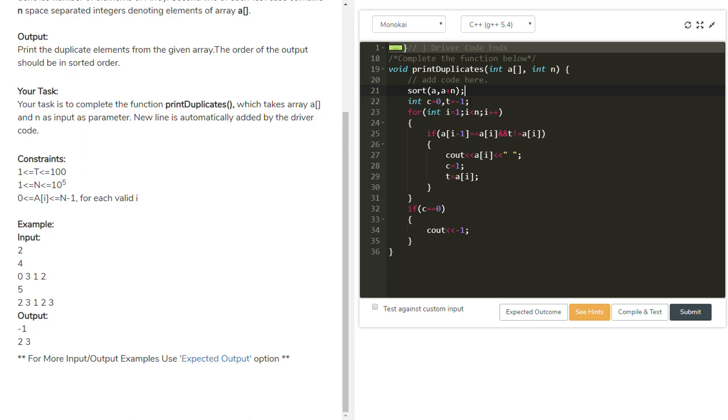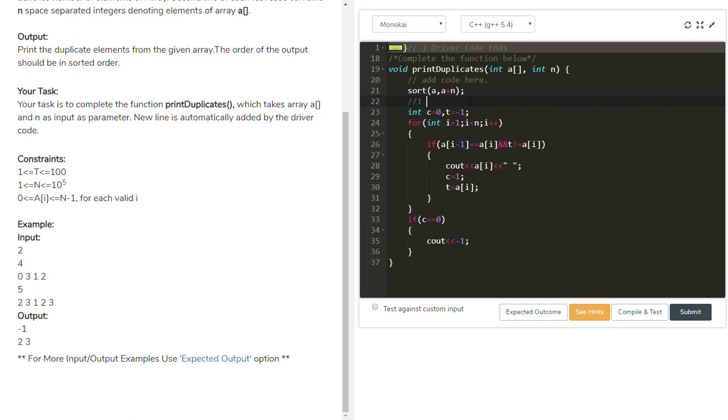Check the if condition: a of 0 equal to a of 1. It is not true because it is 1 and it is 2, so the if block does not execute, and i increments. I is 2 now. Check a of 1 equal to a of 2. Yes, it is true, 2 and 2.